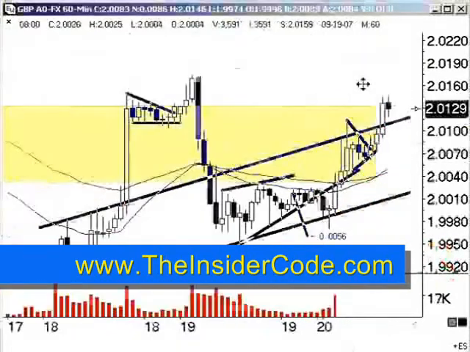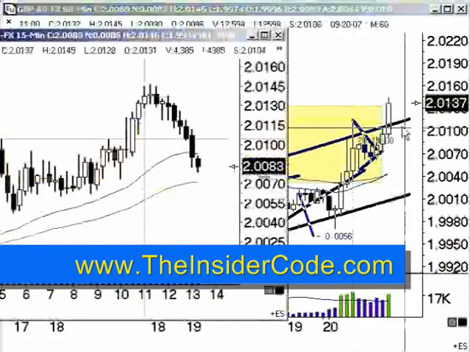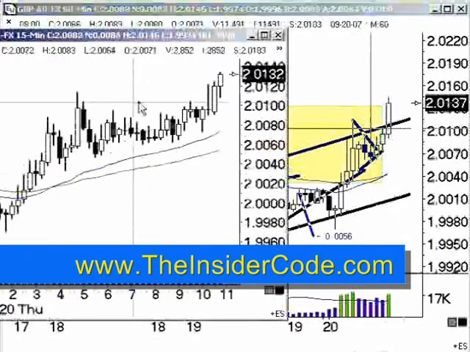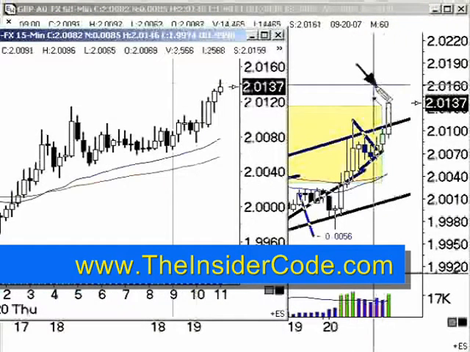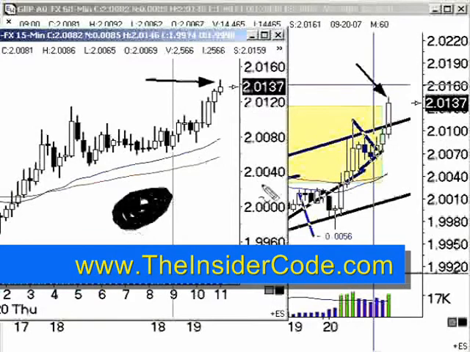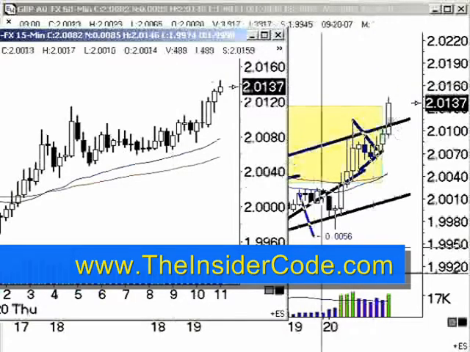So let me just move this over. So we see that the market's pushed up. This hourly bar right here is closed. This is what we're going to look at on the 15-minute chart. So what do we need to see over here that's going to tell us that eventually this hourly bar is going to close down? Well, first thing that we're going to see